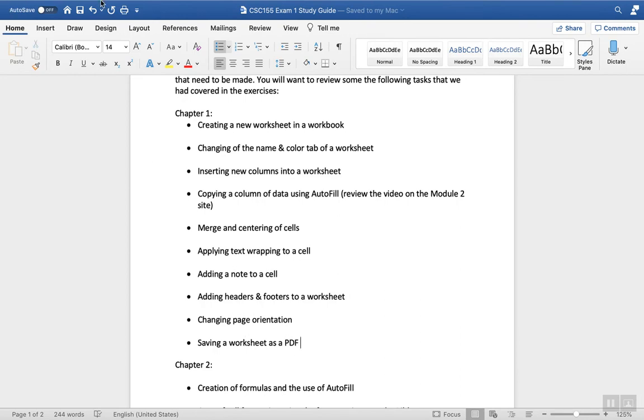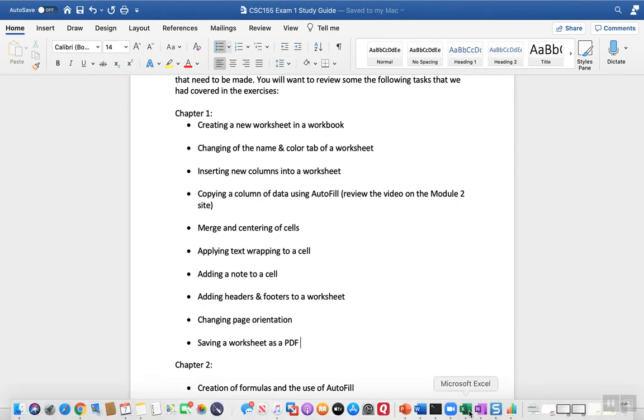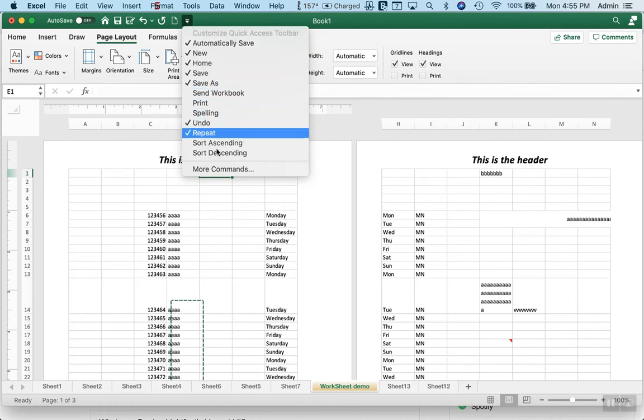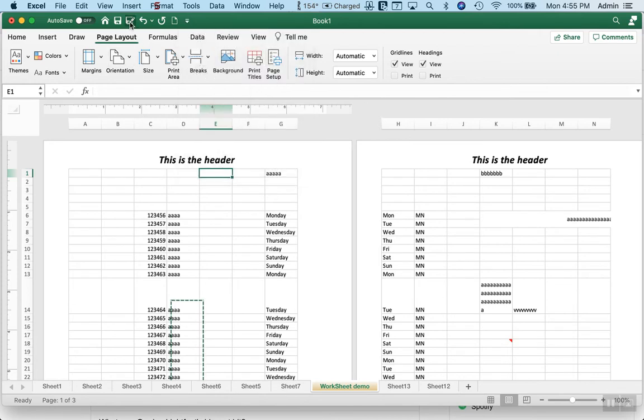Well, there are a couple different ways to do that. One way would be if you look up here at the very top of the book, you have a little icon here, and you can program this. You can activate these things at the top so you can get to it with one click. I've activated Save As. So I click Save As,